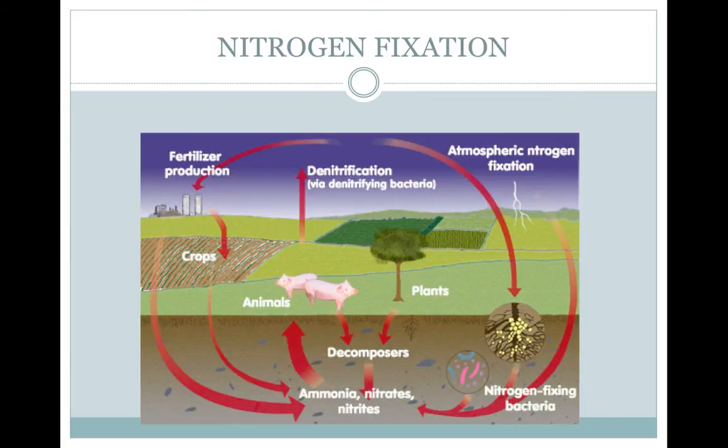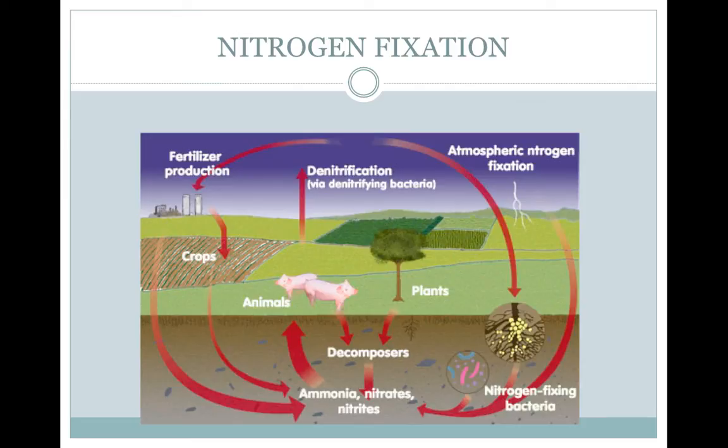Nitrogen fixers convert atmospheric nitrogen gas into a usable form, usually NH3, which is ammonia. These bacteria are found in the soil or in the roots of legumes. Legumes include peas, beans, soys, and alfalfa. All organisms require nitrogen to build proteins, so nitrogen fixation is vital to life as we know it, and these prokaryotes are the only organisms that can do it. So nitrogen fixation is an extremely important process, and that cannot be underemphasized.